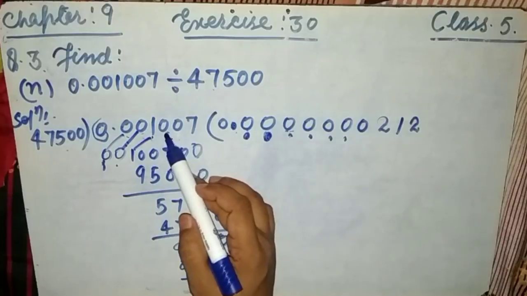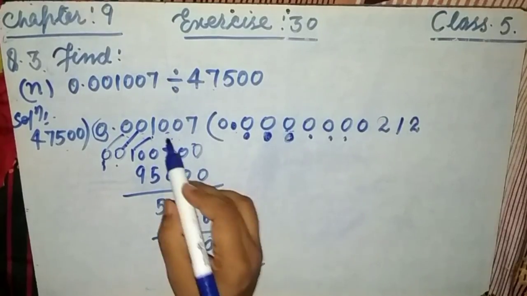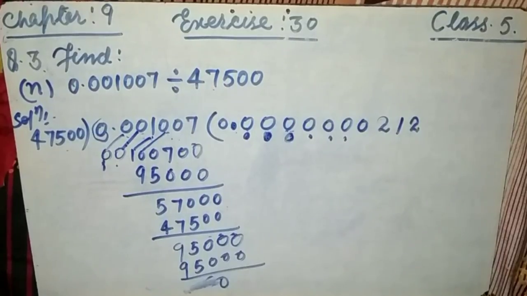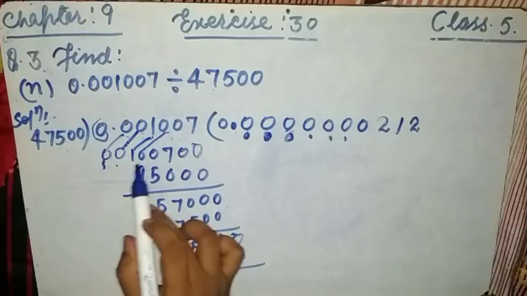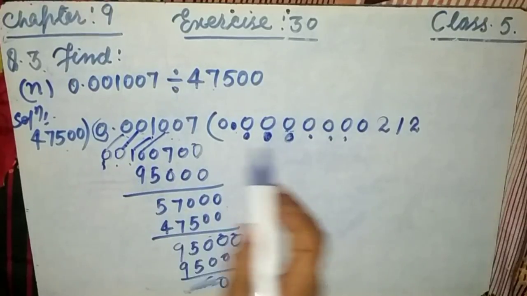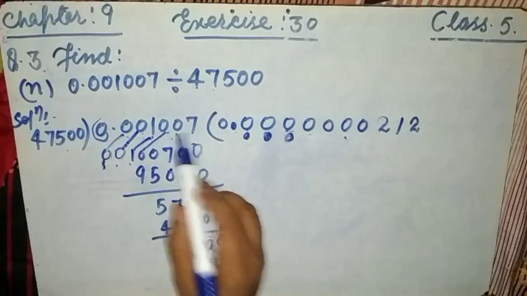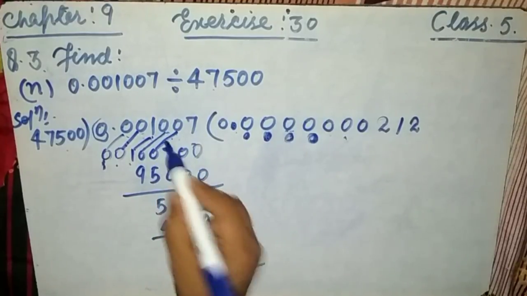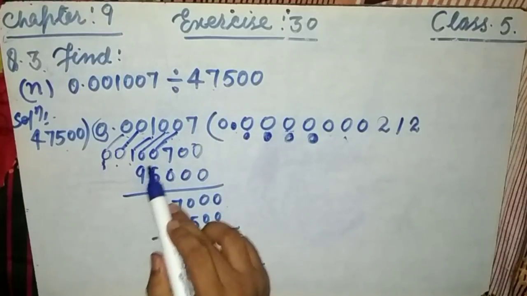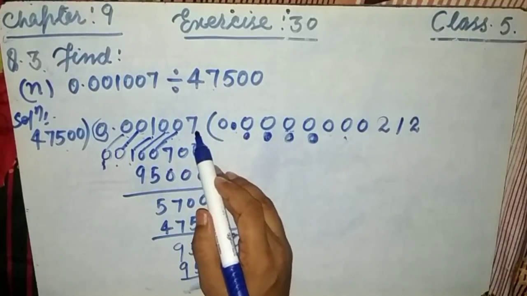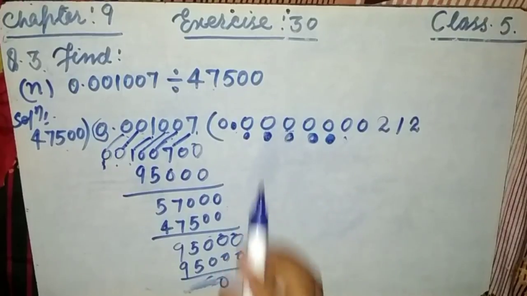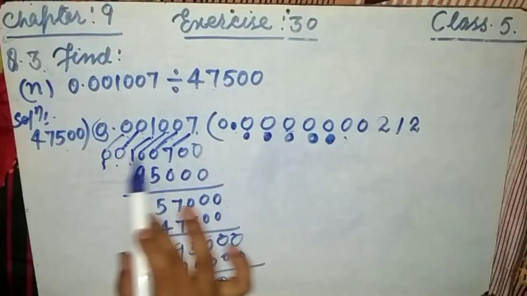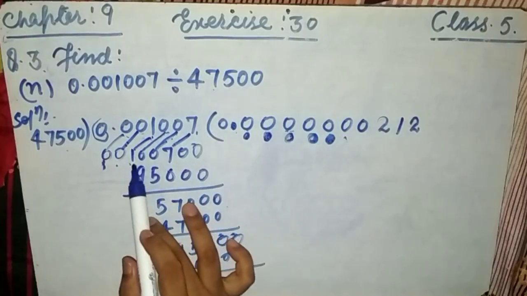So in order to write the next digit, we have to place the 0, then write over here as 0. This is 10, only 10, because when the 0 is placed before any number, there is no value of 0, only the value of the same number, only 10. Okay, now see, in order to write this digit, we have to place this. So this is the 0, this is 100, this is so much smaller than this. So in order to write this 7, we have to place this 0, then write down. Have a look friends, all digits after the decimal have already been written over here. Hence, removing, this is the 1007.